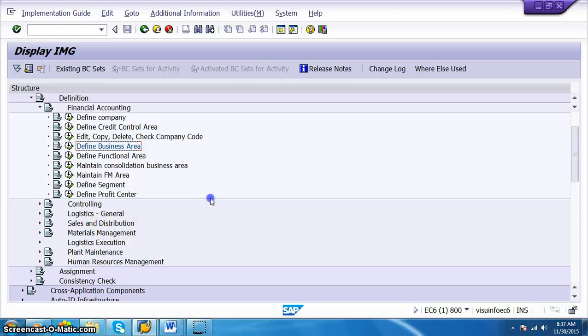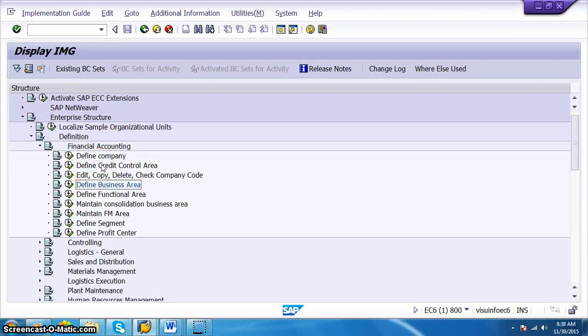Okay, a company is something like BMW International, and if you take BMW International as a company, BMW India is under the company, and that would be the company code. Then we have the credit control area, which allows us to give credit to the customer, for example for services or products, up to which amount we can give the credit. Then we have the business area, which is part of the company code. Then we have the functional area, like SD, FICO, HRPP, and other functional areas. Business consolidation area is a group of business areas.